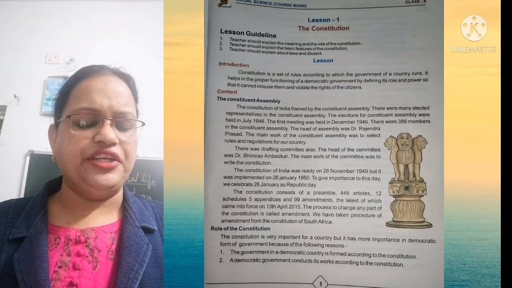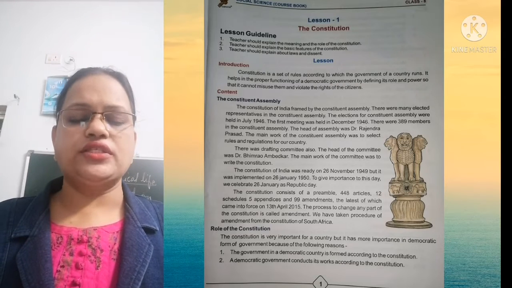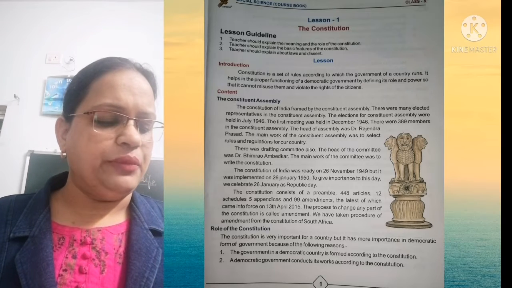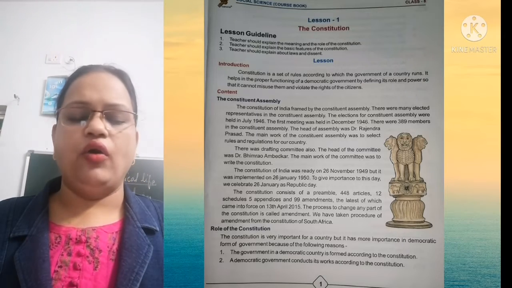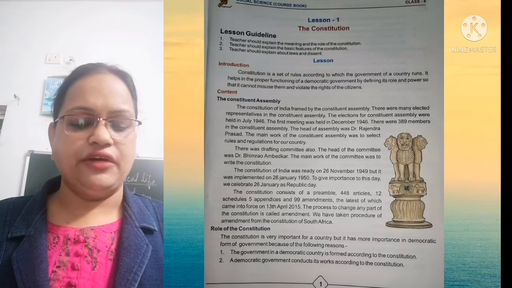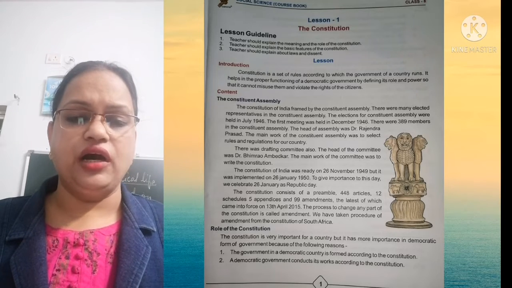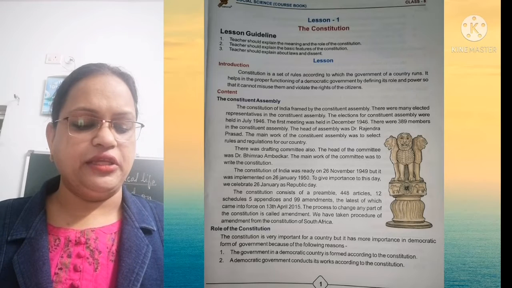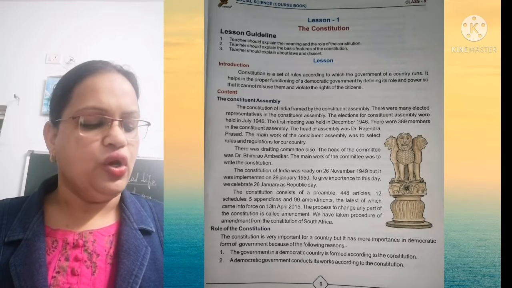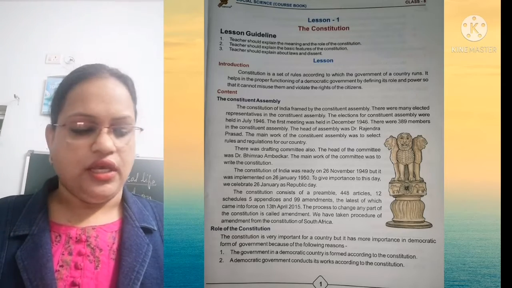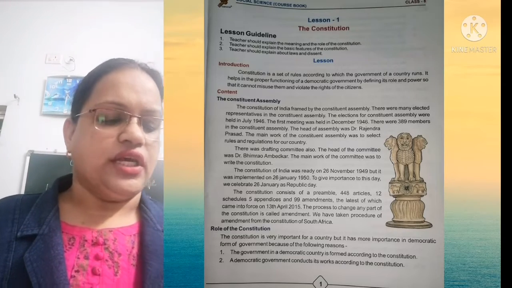There was a drafting committee also, to put the laws properly. The head of the committee was Dr. Bhimrao Ambedkar. We call him the father of the Constitution, who framed the Constitution. The main work was to write certain laws, and the Constitution of